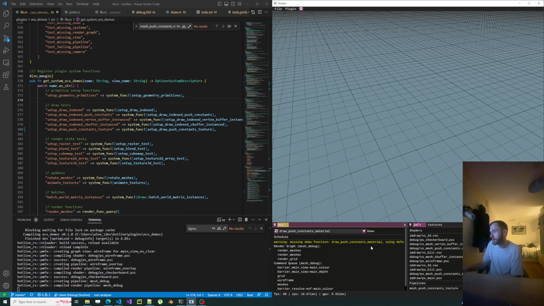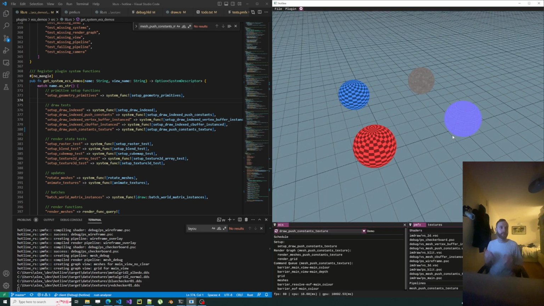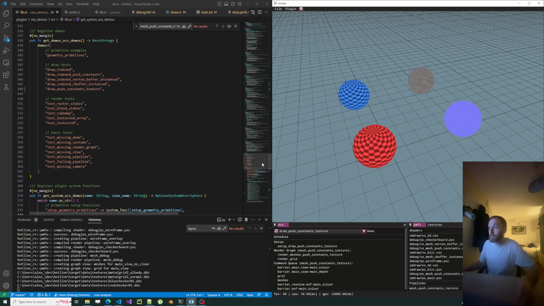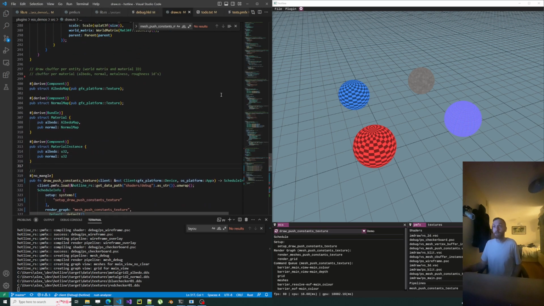Oh no. Missing demo function, draw push constants material. That's fine because it's not there anymore. Just draw push constants texture. And so didn't hit any crashes actually, despite all of that refactoring and jumping around. The client was still going. So I'm pretty happy with that. Yeah, so now the next thing is really like I was saying about in the draw API, there's little comments